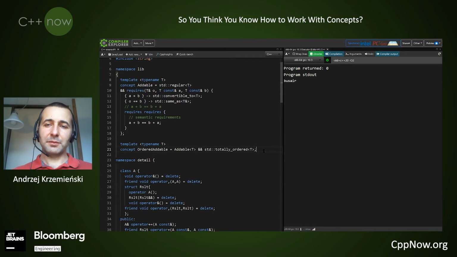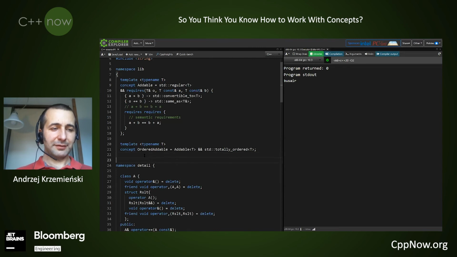Concepts always come with semantic requirements. If you see the word concept, even if there is no way to spell it, it means I have some semantic requirements. We just have to learn what they are. Even the concept author may not be aware of all the semantic requirements that they make.